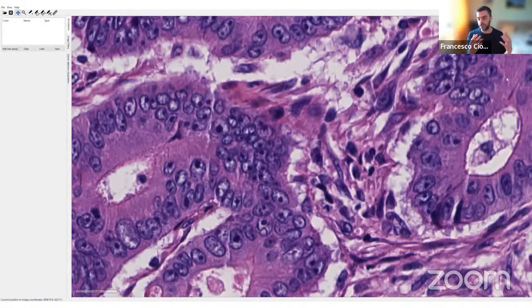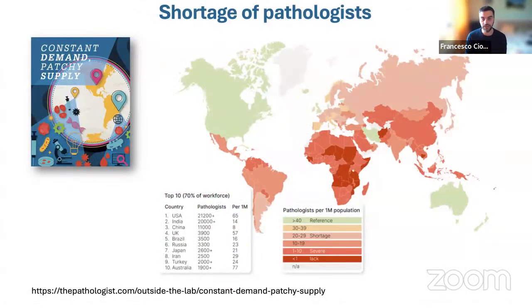So why do we do that? I showed a bit of an introduction. What is the reason why we have to do computer analysis on pathology images? Well, it turns out in the world, there is a shortage of pathologists. So the specialized medical doctors are mostly not present. You see the map is pretty much red. I mean, Western countries, North America is doing well. In Europe, I think we do overall well, Australia. But the big picture is that actually there is a severe lack of pathologists. This is a study from February last year. So it's also very, very recent. So this is the first problem.